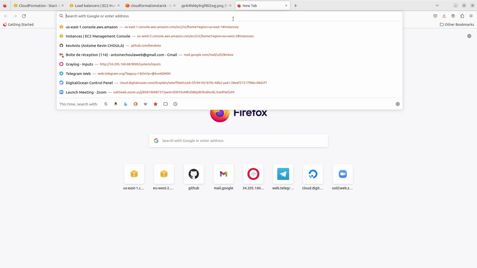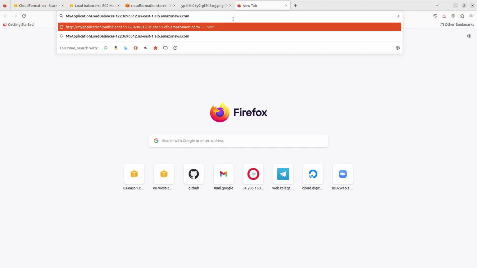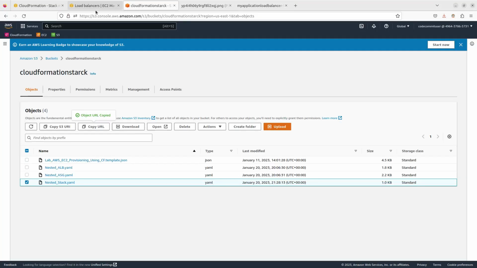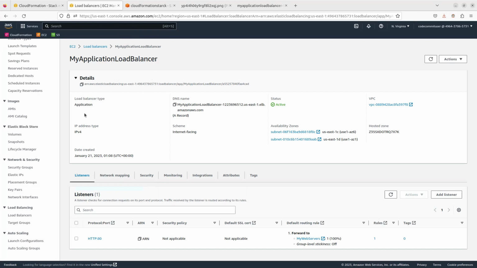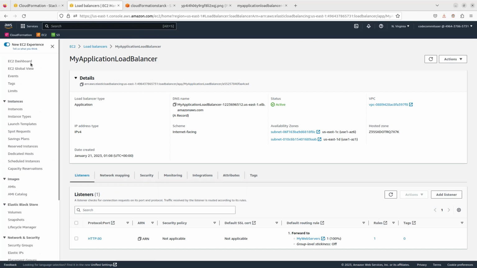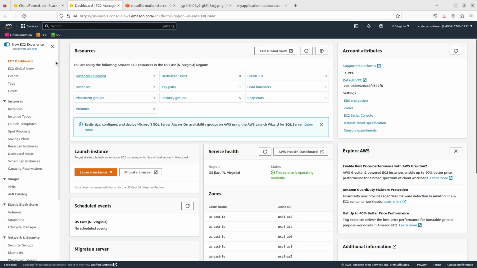Once the instance is up and running and you hit the load balancer, okay, it is already up and running. So take note of this time, 0:11:49, and we are going to refresh that